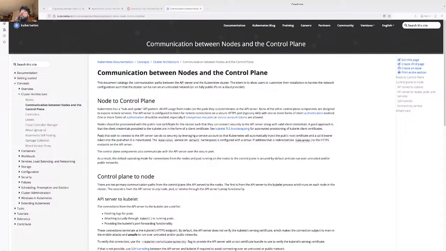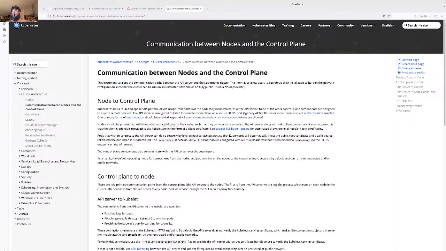The kube-apiserver runs on the control plane, along with the kube-scheduler, and the kube-controller-manager runs controllers. There are the two ways. The first is the API server to the kubelet. So what is the API server? Is the control plane referred to as the API server?